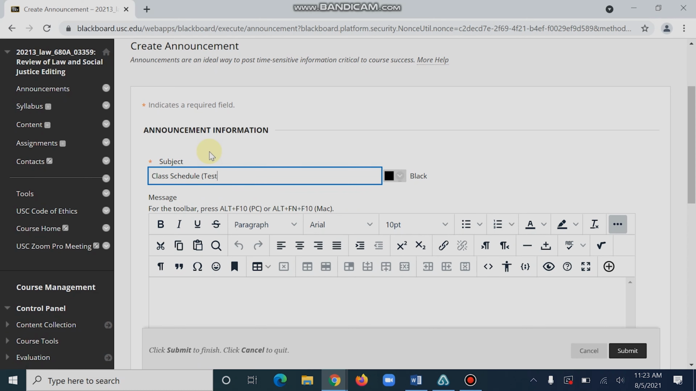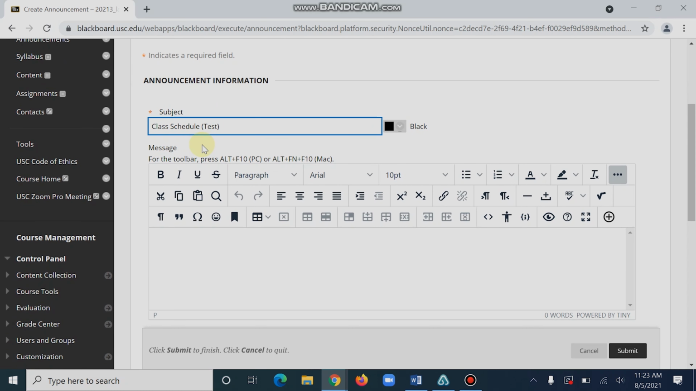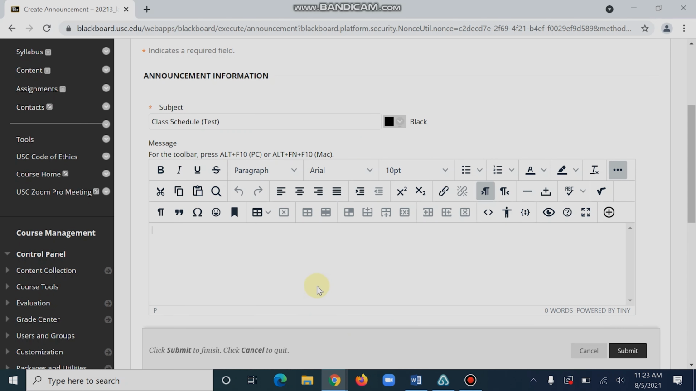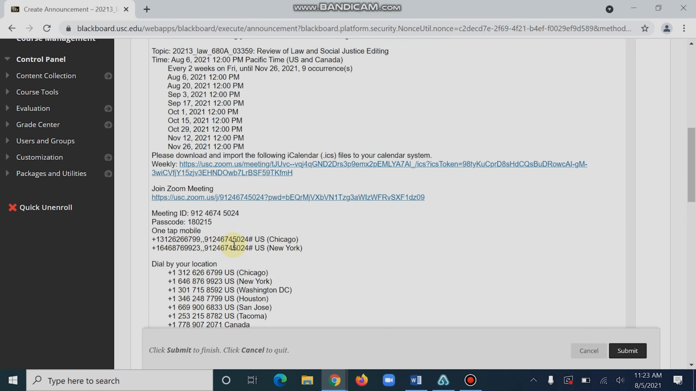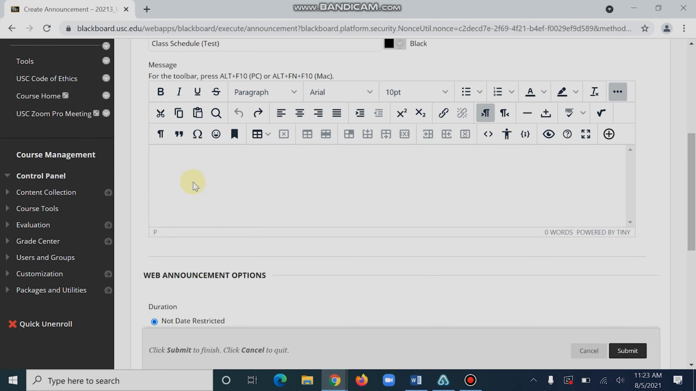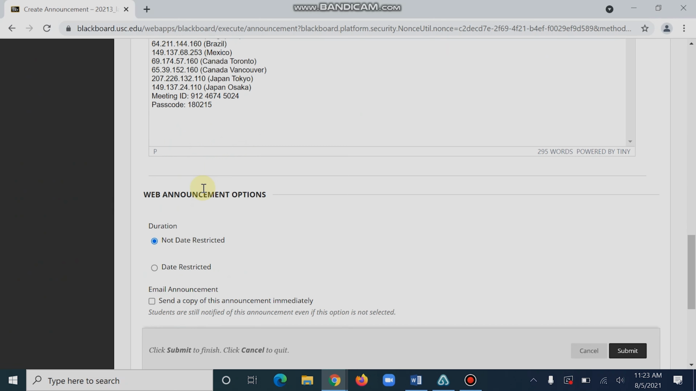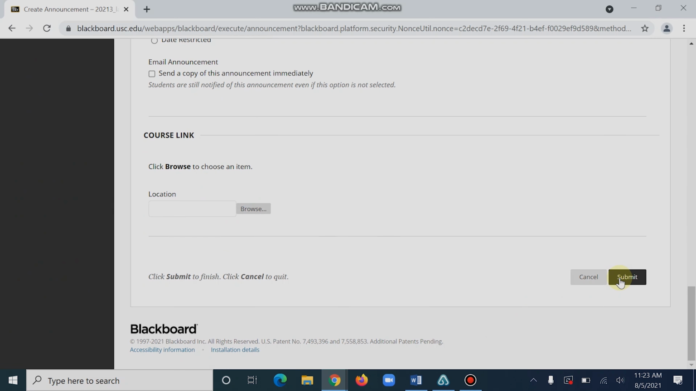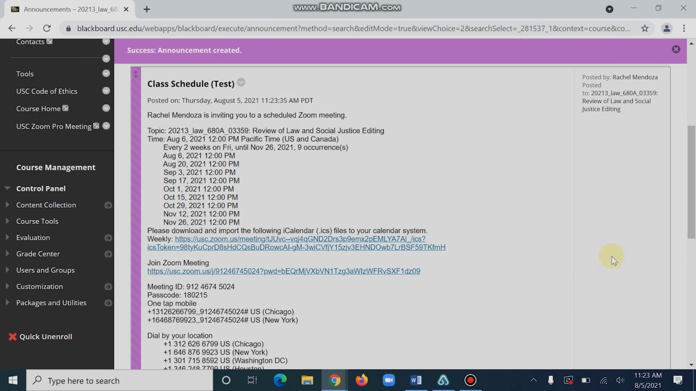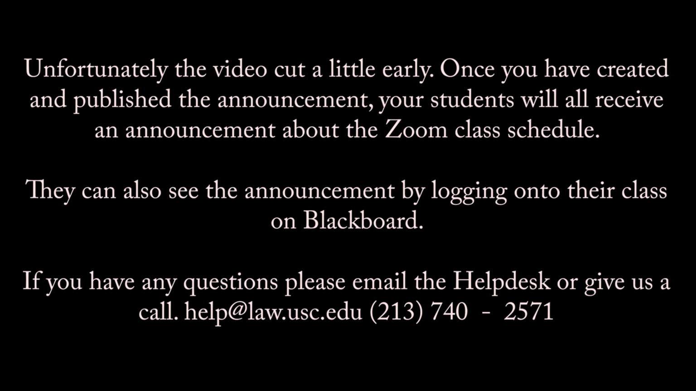And I'm going to label it as test. Alright. And then in the body, you're going to go ahead and copy and paste it. Alright, and then in the description, let's go ahead and paste the Zoom invitation. And then all you got to do is press submit. All your students will then get an email with the entire